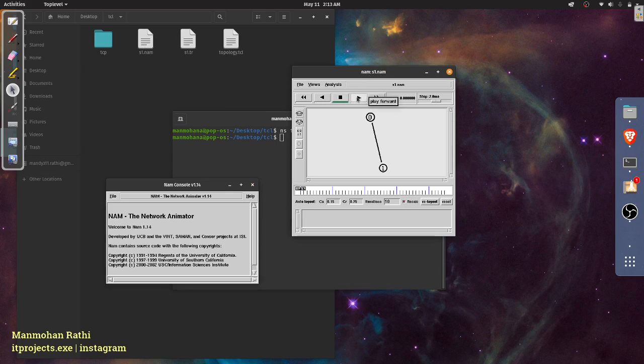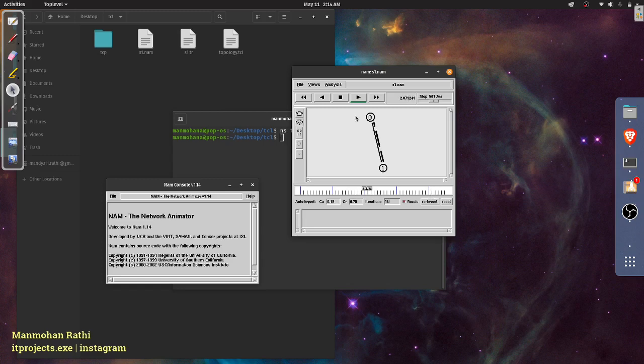To run, we have to click here, play forward, and it is going very slow, so you can also adjust the speed. If I take this slider forward, it will speed up the process. Look, and if I take it back, it will go back. So look, okay, the simulation is running, and it started at 0.5 in the start, and it will end at 4.5 time.